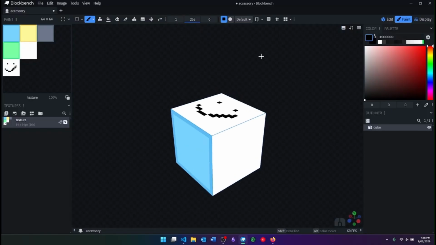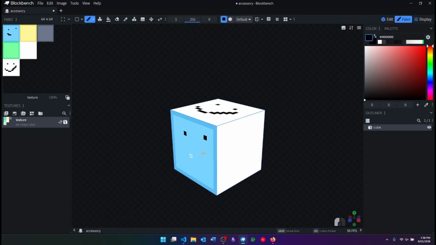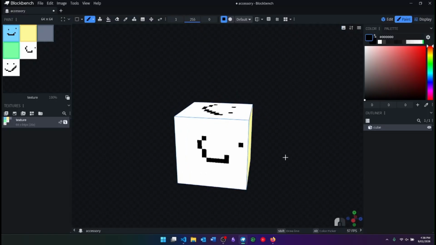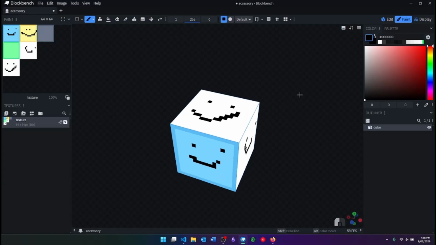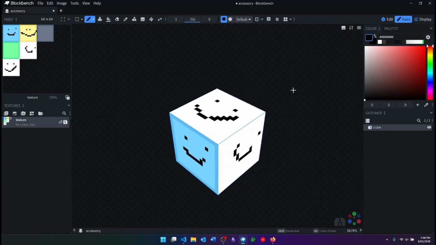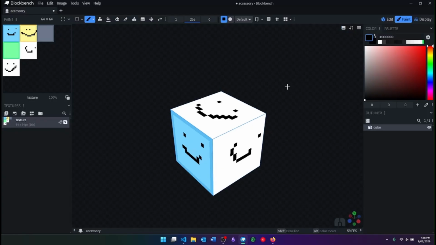It's just pretty simple. But yeah, once you've got a texture that you're happy with, this is clearly not something that you should be happy with, but there's no need to spend much time on it, at least in this situation. I would highly recommend that you do spend some good time, put some really amazing effort into it for your own cosmetic. You can simply